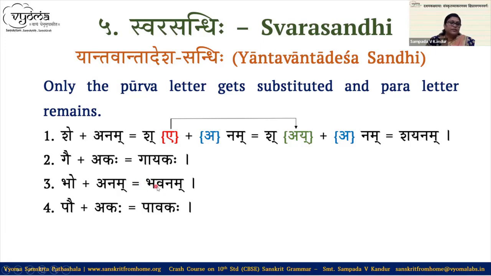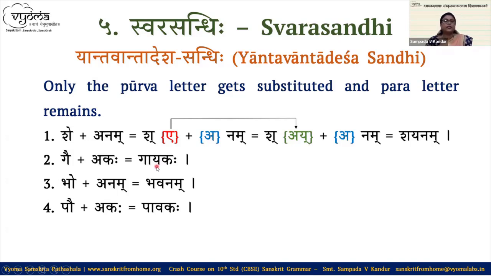Earlier one. If it is Bhava, it should be Bho. If it is Bhava, it should be Bhau. And when you split the Swara, the second Swara comes as it is. Like it is Gayakaha. So Ga is having A Swara. That's why it is Dirgha. Dirgha Swara which is there in Purva Varna. That's why it is I. And because it is Yakaha, it is A or I.